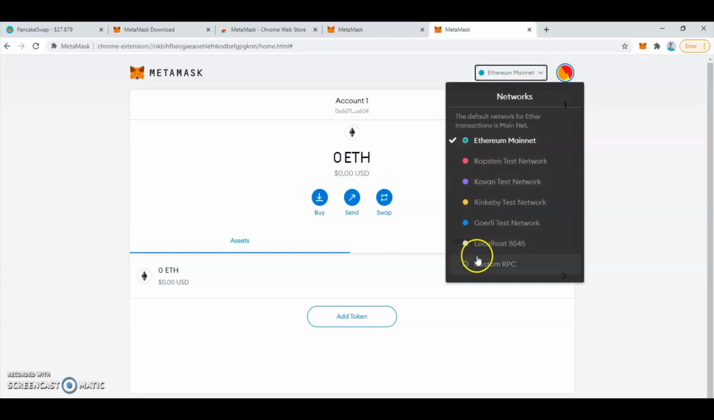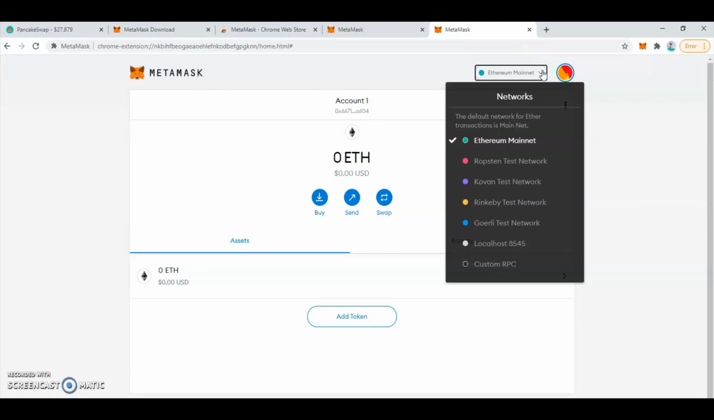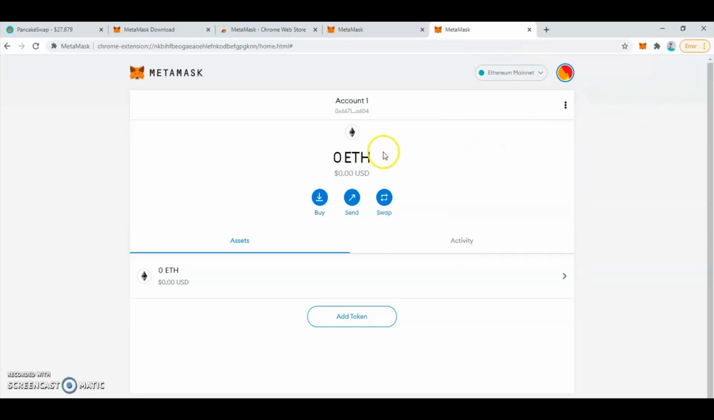So you are going to go to custom RPC. You see what I did right now? You come to Ethereum Mainnet, click on Ethereum Mainnet. The reason why you're trying to boycott Ethereum is because of the Ethereum gas fee. The gas fee is so ridiculous right now that a lot of people are trying to boycott it. A lot of people are using Binance now, but you can still switch. If you have some things you want to buy on Ethereum, like if you want to use Uniswap